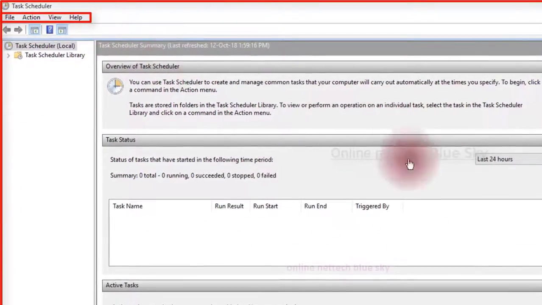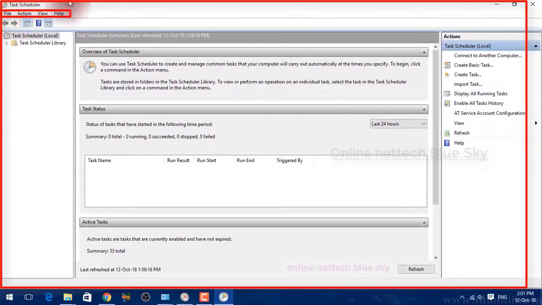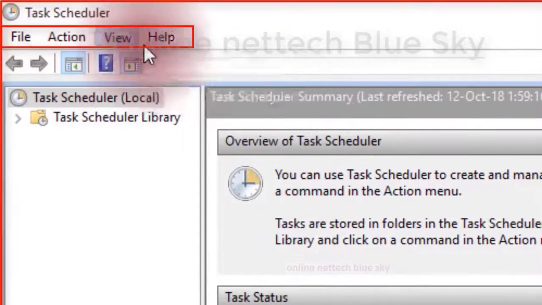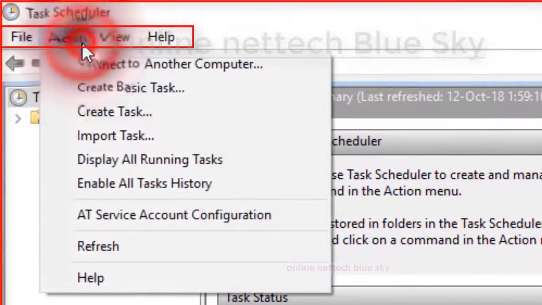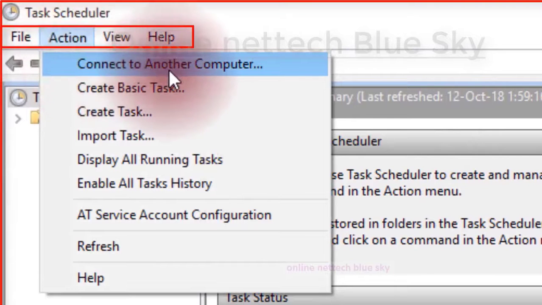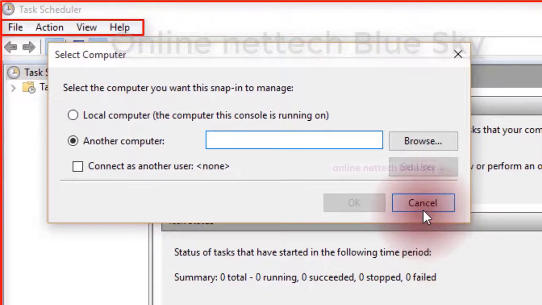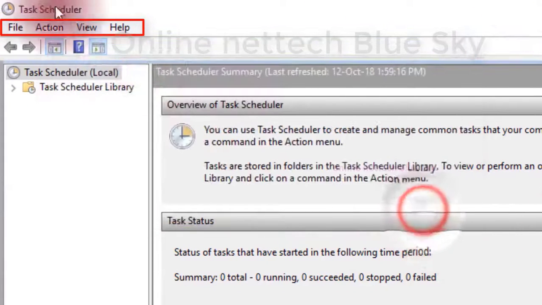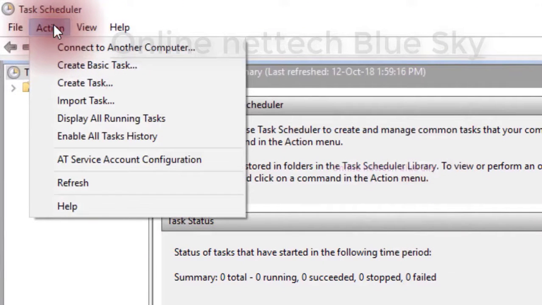You can see File, click on File, and different options are available in these windows. You can see Action. What is Action? Action is a different type. You can connect to another computer, meaning your computer connects to another computer, but I will discuss that in a later video.